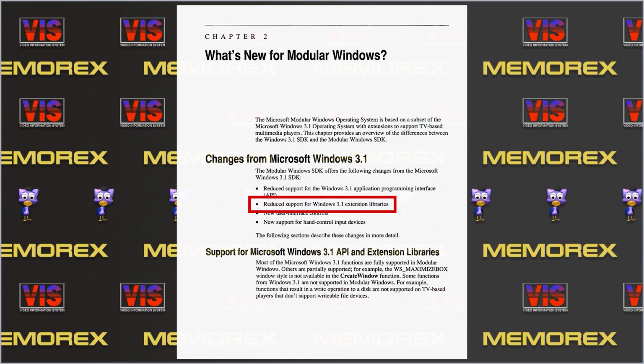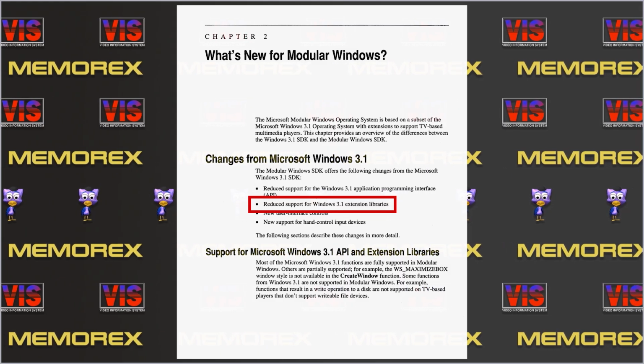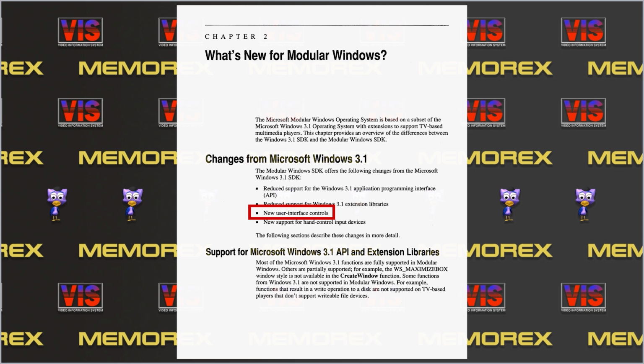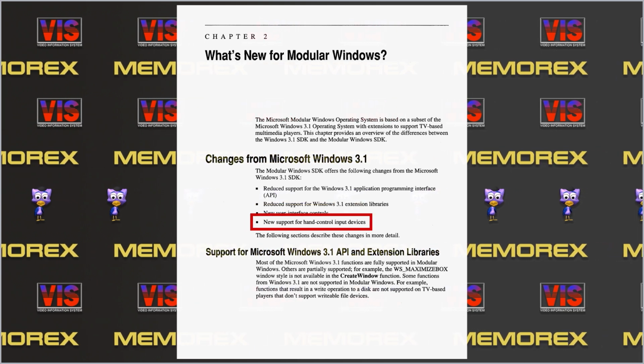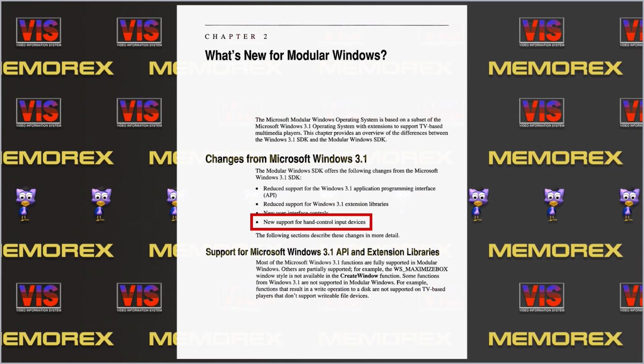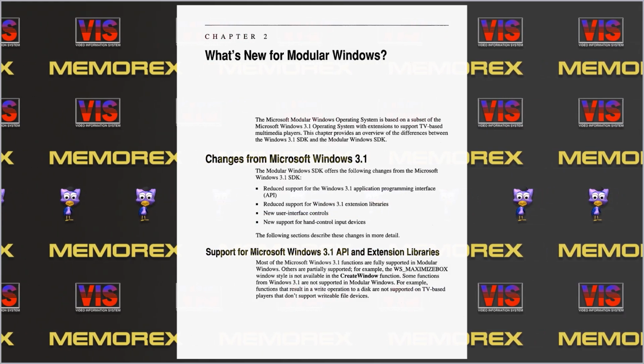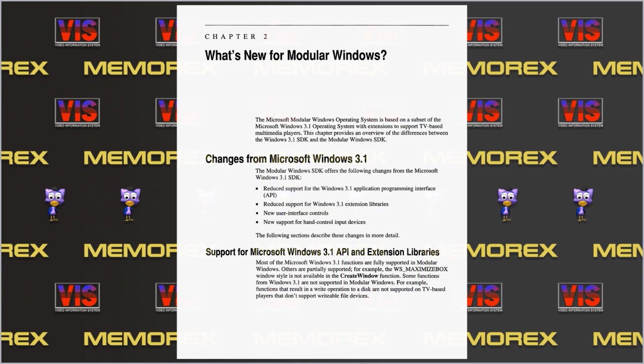Reduced support for Windows 3.1 extension libraries, but it comes with new user interface controls and new support for hand control input devices. Did I get that right from memory? Yes, I did. So in taking a look at things in Windows 3.1 that are not supported on VIS and